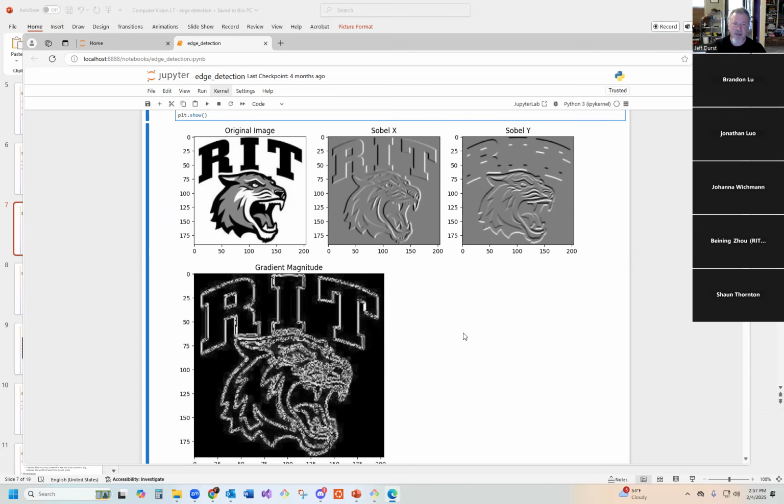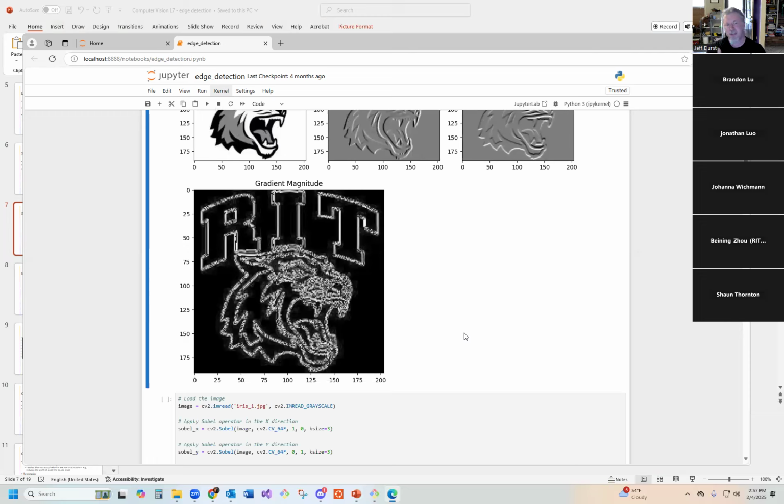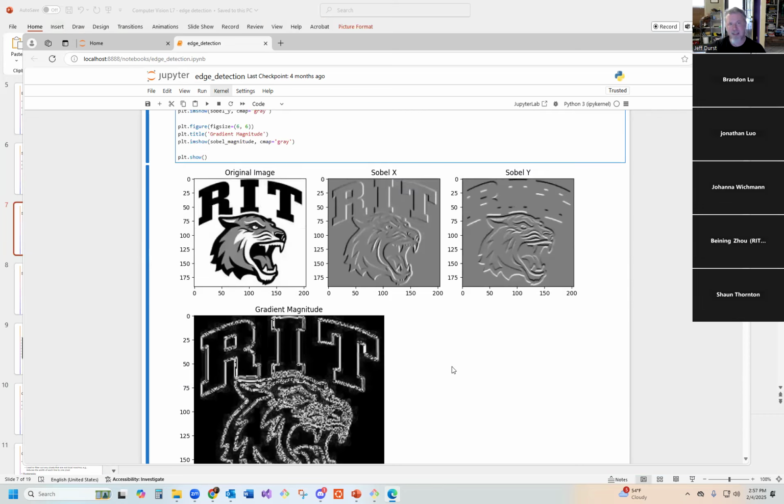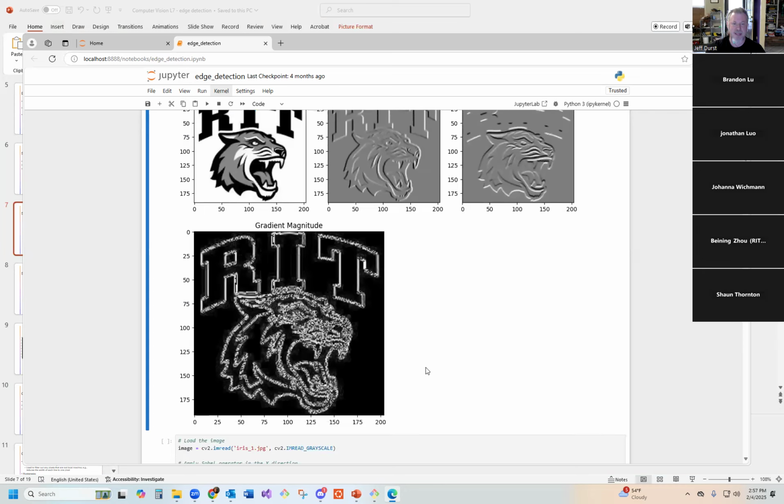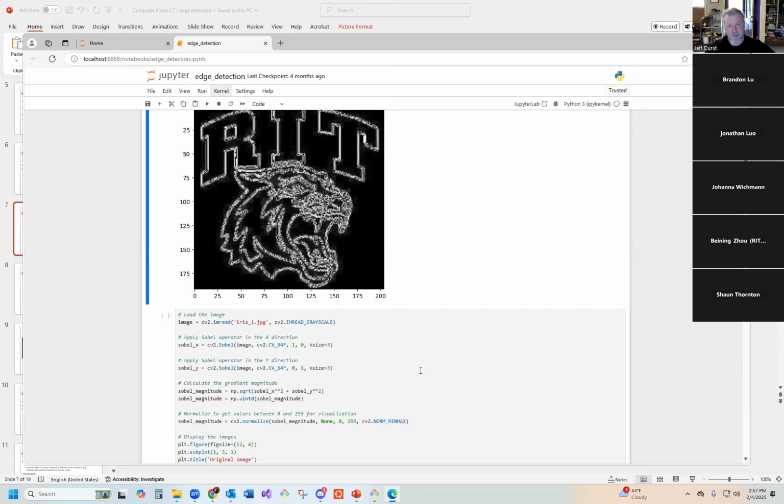And then the gradient magnitude, or the final edge detection, is just the magnitude of those two images combined, plotted in a black and white image. So we'll normalize 0 and 255 to get just our black and white edge image back. And so this is what we get just straight out of the box with those two kernels and the OpenCV detector. What we can do now